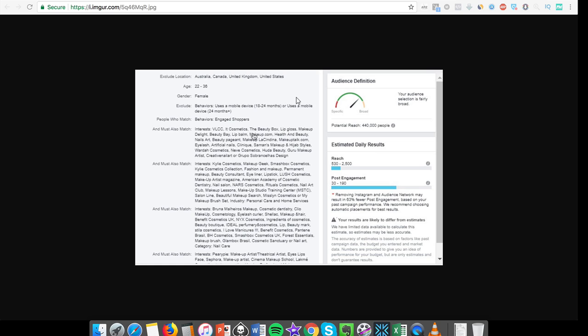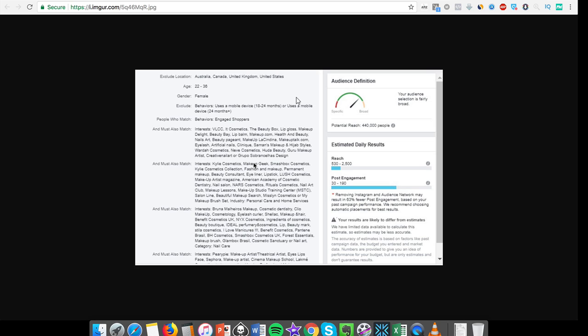So for one audience, if for example we do this, the beauty box, and in case the beauty box is only 300,000 people, so it's not enough, then you add an extra one just to have a little bit more volume and give the pixel, how to say that in English, a bigger area to play with.